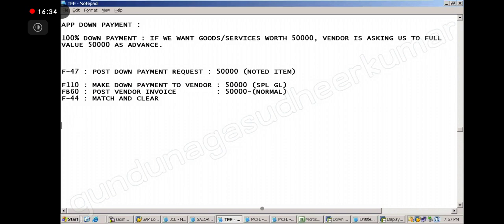Now, so what is a noted item? A noted item, note down everybody, a noted item is a single line transaction.